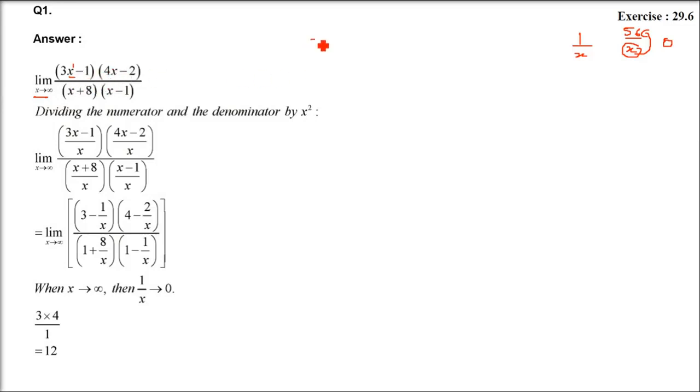Okay. For example, if you multiply this, I am just giving an example. If you take 3x minus 1 and 4x minus 2, 3x times 4x is 12x square. Now 3x times minus 2 is minus 6x, then we have minus 4x here, minus 1 times 4x. So this is minus 4x. But whatever you multiply, the minus 1 and minus 2 is also there, so plus 2. But the highest power is x square, the highest index of x. Okay. So we have to divide every numerator and denominator by x square.